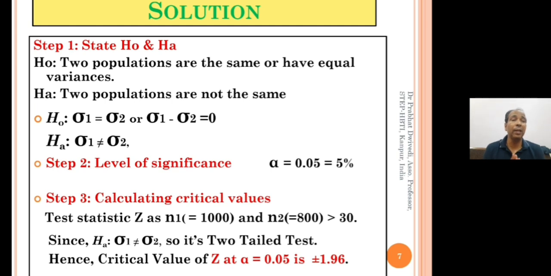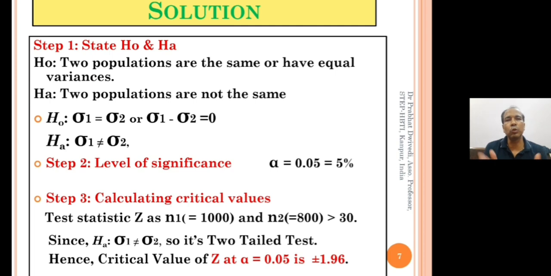As you remember, variance is a square of standard deviation, so whether we call it variance or standard deviation, both are the same thing. Otherwise, you can say that Z test for two variances, but in the problem, standard deviation is given. So how come this is Z test for two variances? So remember, learners, variance is a square of standard deviation, so it doesn't make any difference whether standard deviation is given or variance is given. It can be called like variances.